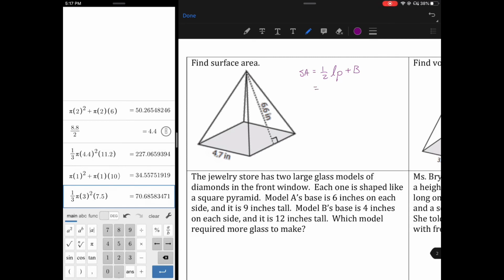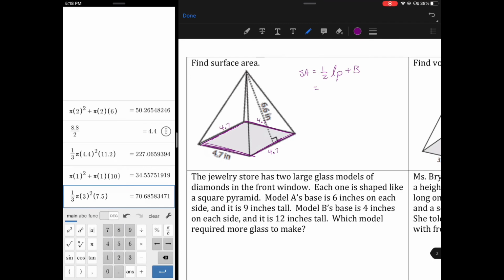Before we get started, two things. First thing is L still stands for slant, so it's still the side of your shape, and the height is still if you're going straight up or straight down. And then the second thing is about this P and this B. So the P is the perimeter of your base. So if you go around the outside of this square, that entire distance is your P. So if one side is 4.7, so is the other,